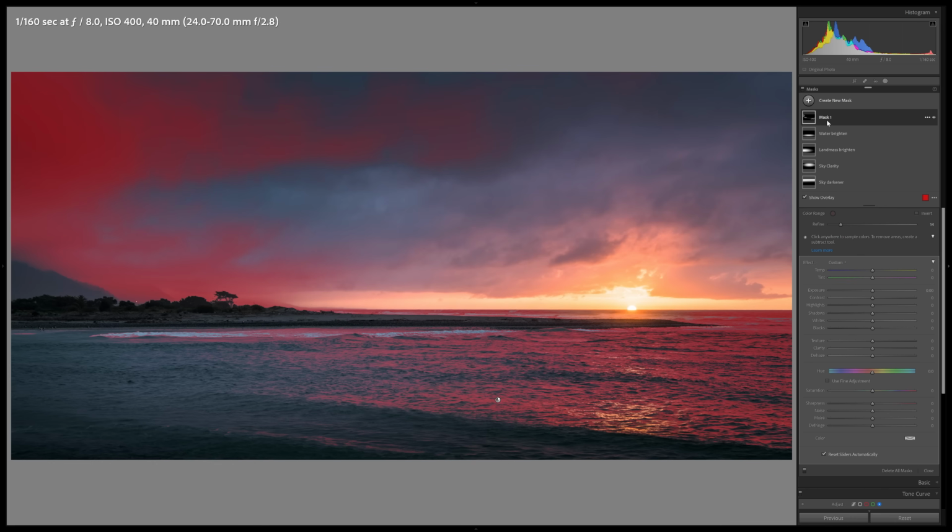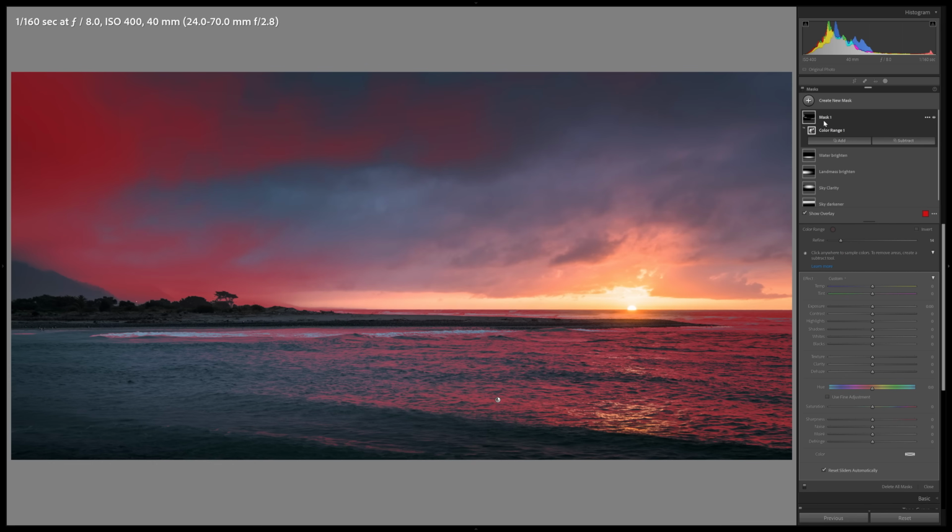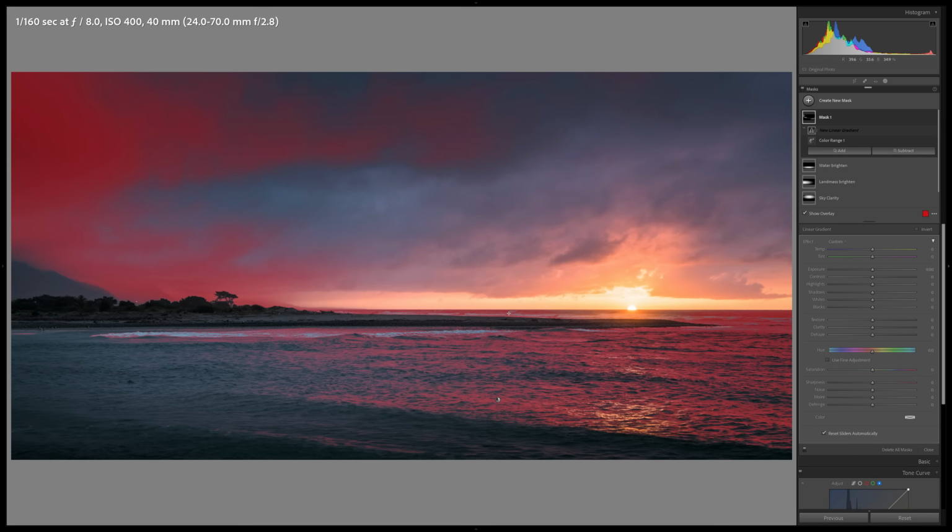And so now we're going to come to this mask, and by clicking here we get these options to add to the mask or subtract from the mask. And so I want to subtract from the mask. I want to keep this sort of area through here that's going to be my highlight and take everything else away. And so I could brush it away, but what I'm going to do is with a series of linear